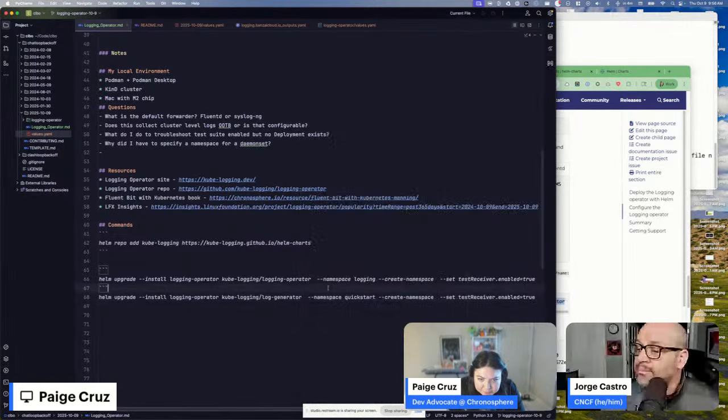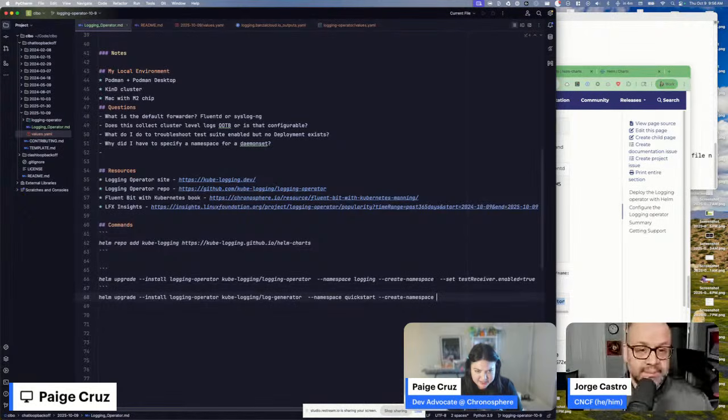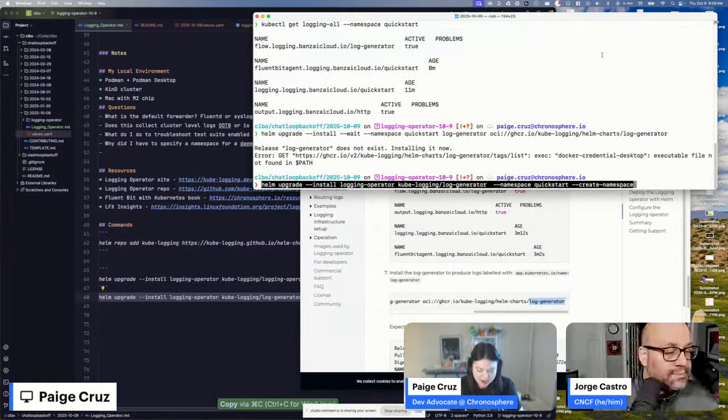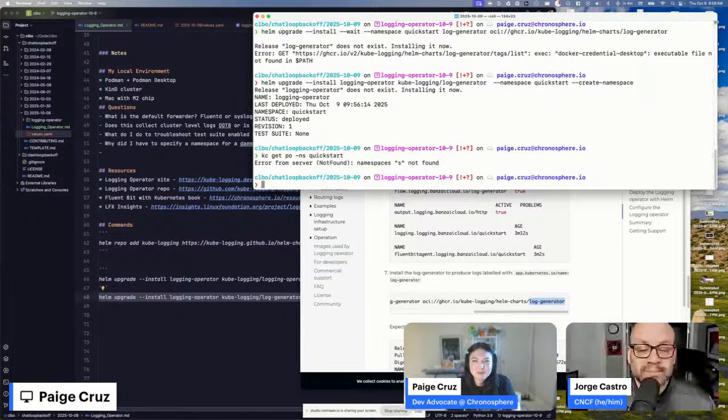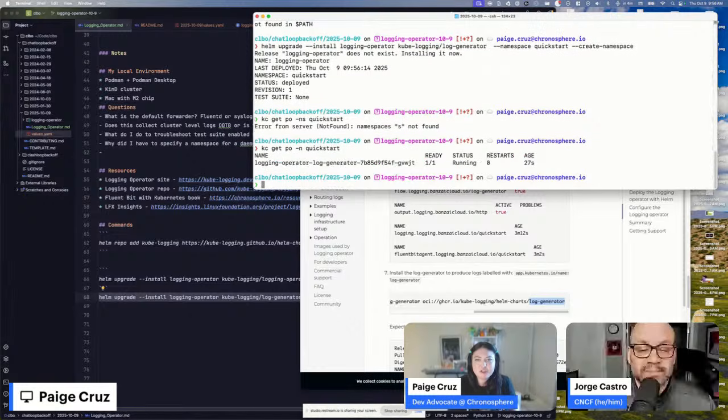Okay. We don't need this test receiver thing. Okay, maybe this will work. Maybe not. I don't have high confidence. Oops. So what did I do? I did not change the name of the chart, and now logging operator is deployed to the namespace quick start. I wonder if that will cause problems. Oops. Okay, I'm gonna try one more thing, and then